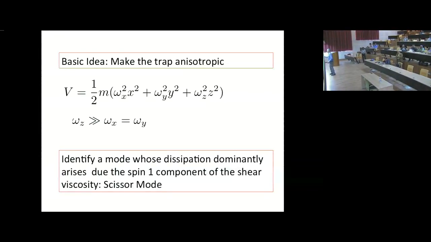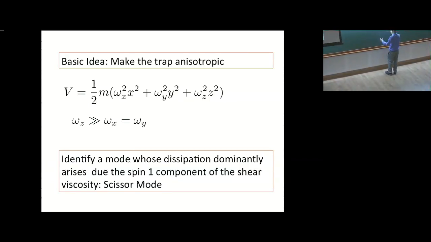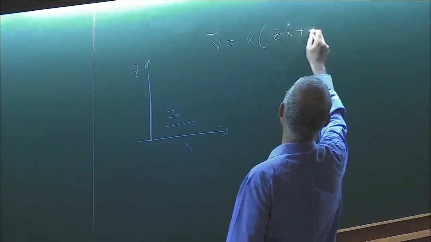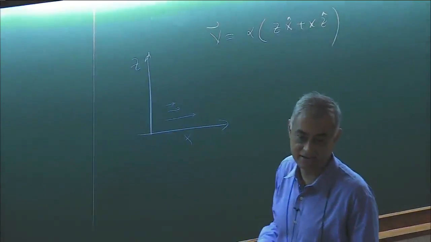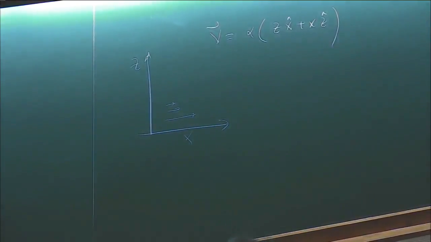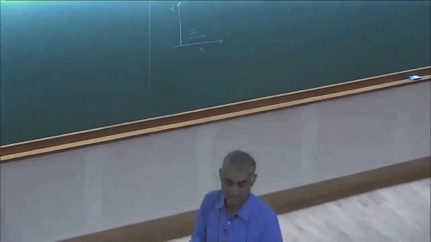So z is the anisotropy direction, and then your flow is something like, roughly, the velocity along the x direction changes with z, and that's the shear. So the velocity was something like z times x hat plus x times z hat. That's the kind of flow, and so you have a sort of shear from here, which then actually is the dominant one. So the T_xz correlation. Yes, T_xz.